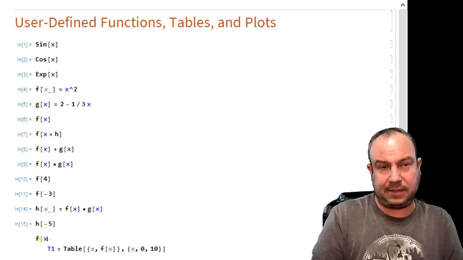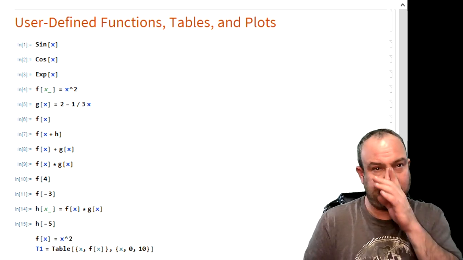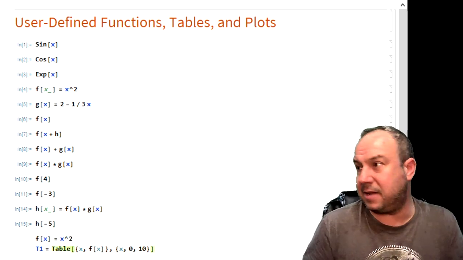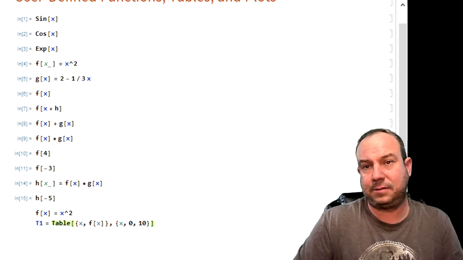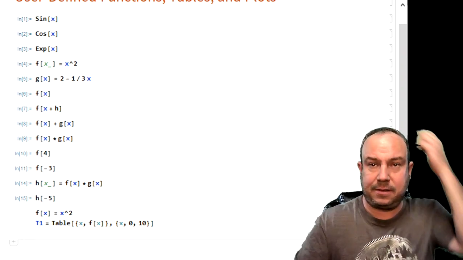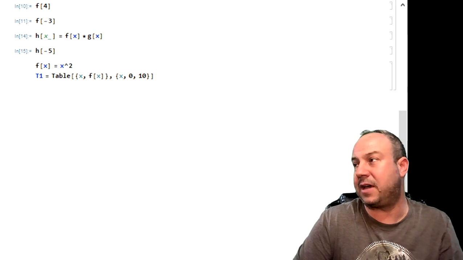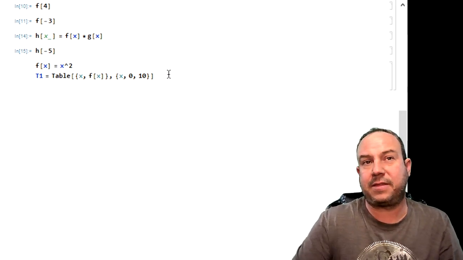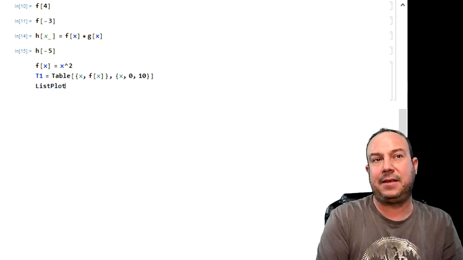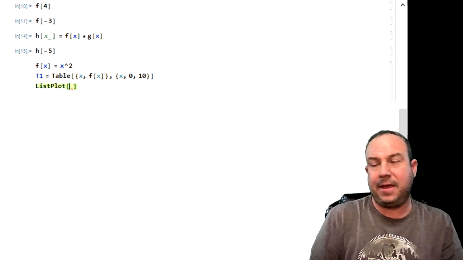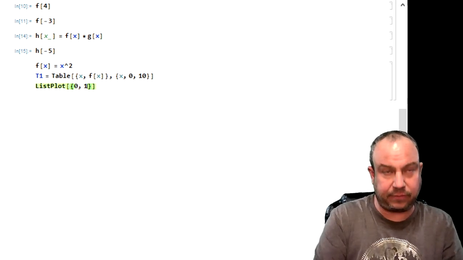All right, let's say f of x again is equal to x squared. We have a table being made in this cell. Delete that. Here we have a table of f of x also happening in this cell. If I scroll up, you can see that there. Where we're also going to want to make a list plot of, now, we can call out individual coordinates